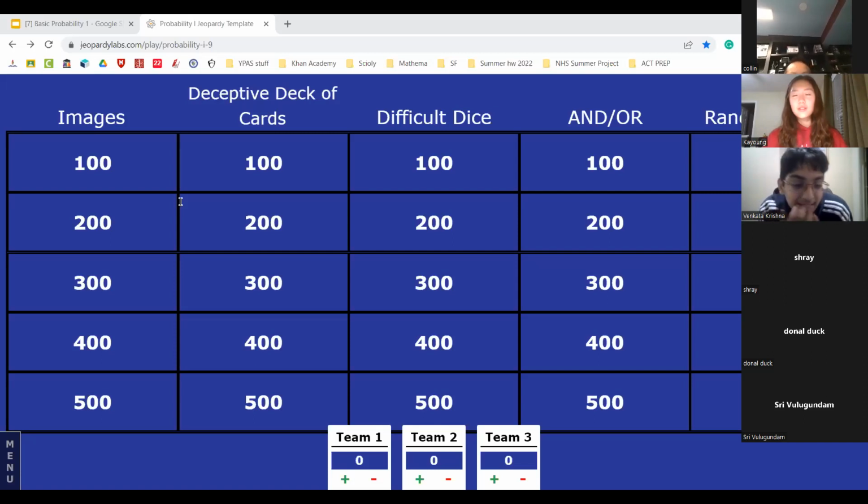How would you choose it randomly? How do we know this isn't biased? Well, just trust me as your nice teacher. Yeah, trust. Oh, you guys are the one choosing anyways. Okay, Shrey, choose one of the things. You're the one choosing the choosers. So it doesn't matter. Choose 500. Difficult dice 400.